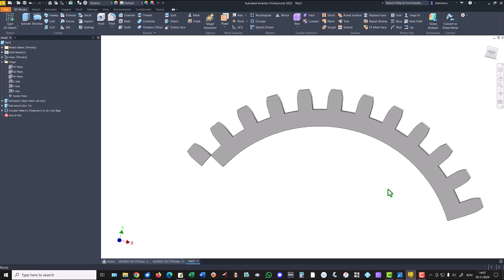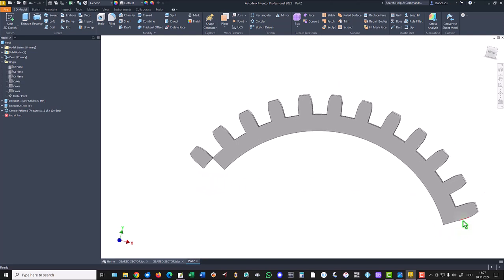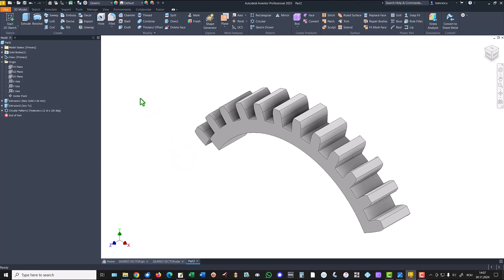So we have to apply another angle, not 120, but 120 minus this angle. We have to measure somehow that angle. I apply Ctrl Z,